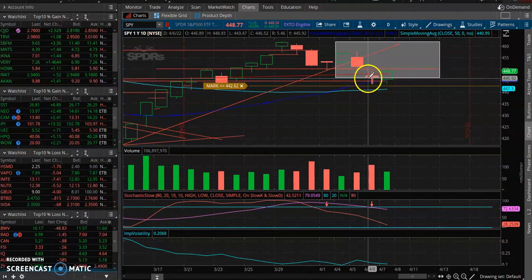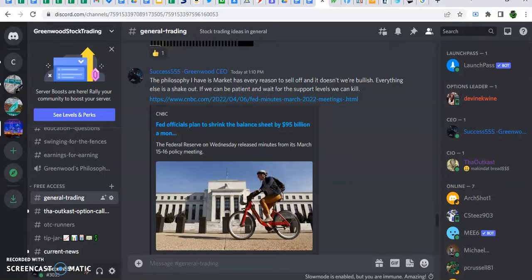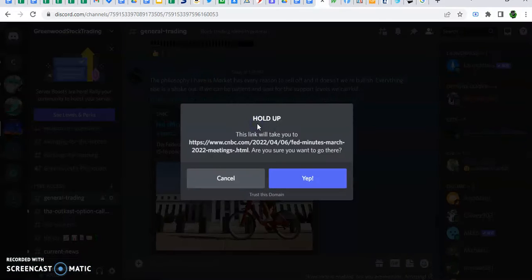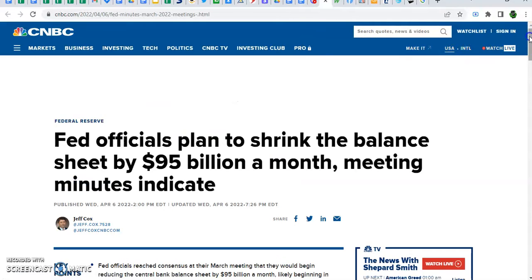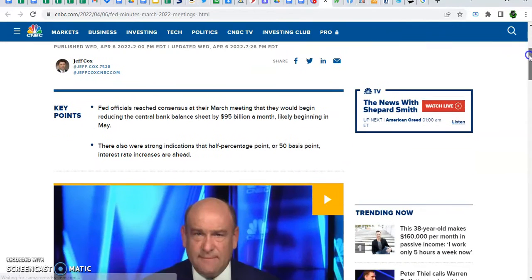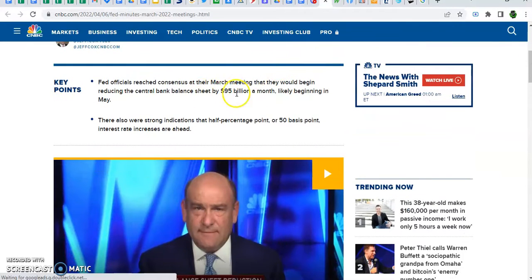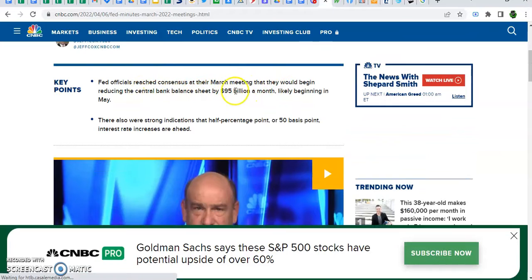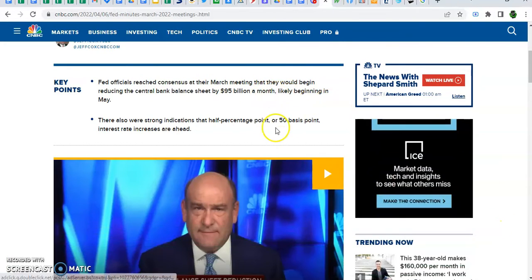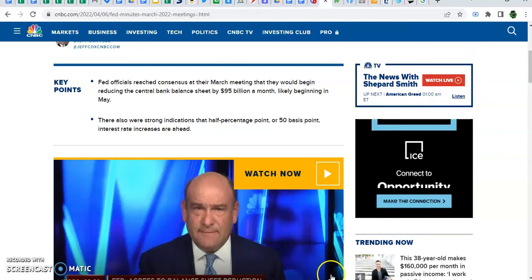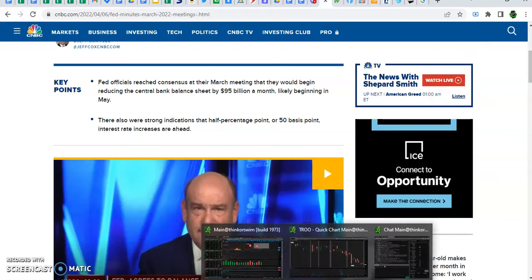All right. So once this news came out, this is the main reason. Once this news came out and everybody was talking about the Fed, they reached a consensus that they will begin reducing the central bank balance sheet by $95 billion a month. That means they're unloading assets. They're selling, dumping assets on the market. Okay. What this means is